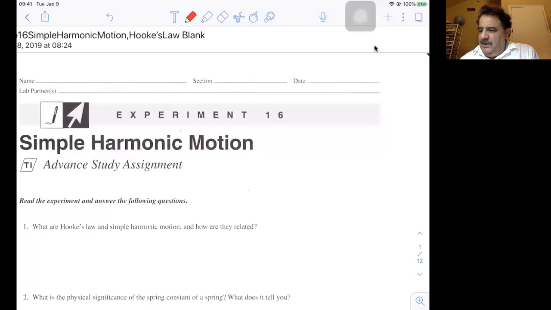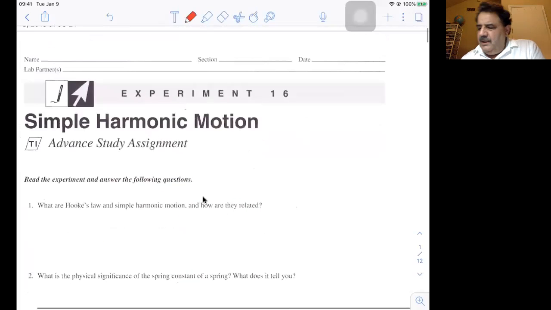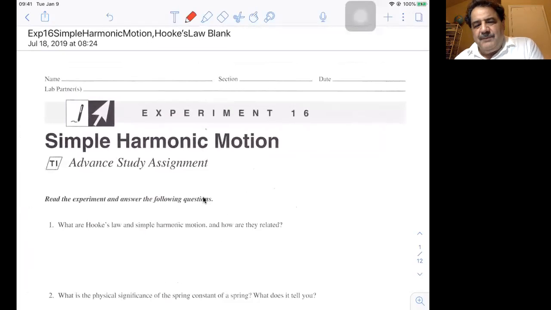Okay, we are going to discuss experiment 16, simple harmonic motion. It's the next experiment that we're going to perform. Now, whenever we do an experiment, if you need to print something out to fill it by